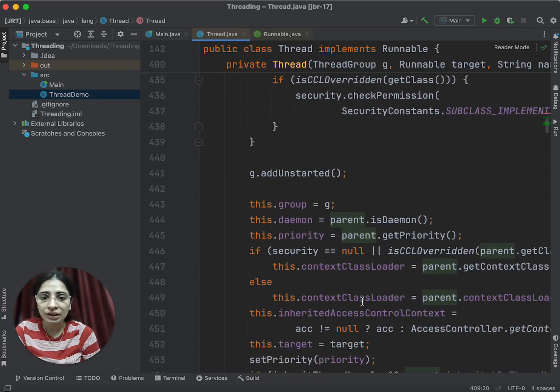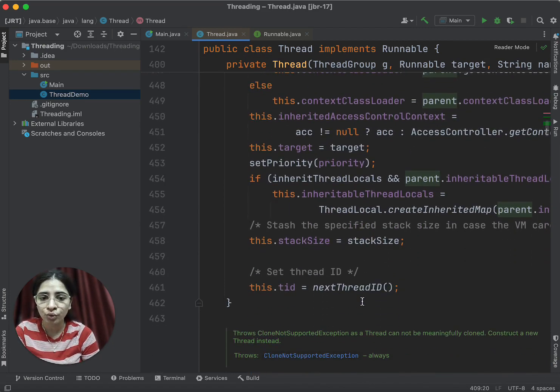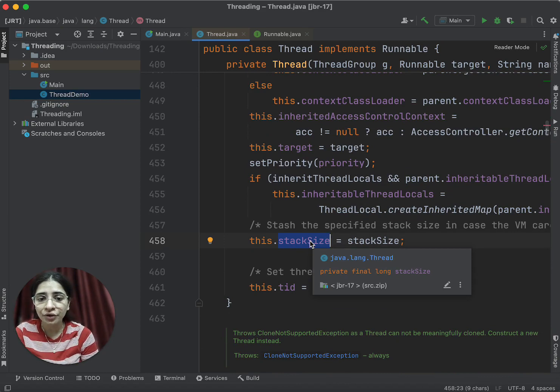Now let's say one thread has been created with all the things that you have passed. You can see it is setting the stack size, and whenever you are passing the stack size as 0, it's not like you are not giving any space to the thread. It's like you are going with the default configurations and you don't want to mention what will be the stack size.